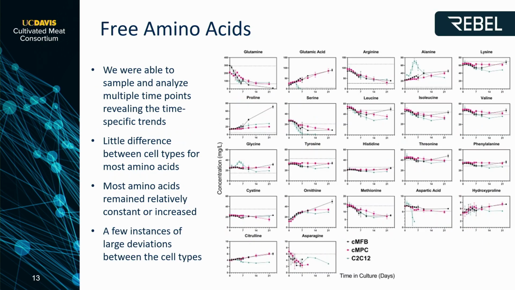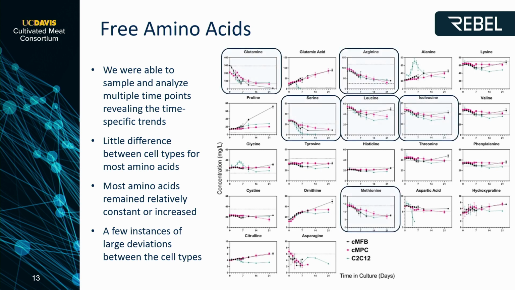So similar findings for the amino acids. Basically, we found that there were actually a lot of amino acids that didn't seem to be utilized very significantly over time by any of the 3 cell types, but there were some that were being utilized, which makes sense. I highlighted them here. And there were also some differences for some amino acids between the 3 cell types. For example, the proline,